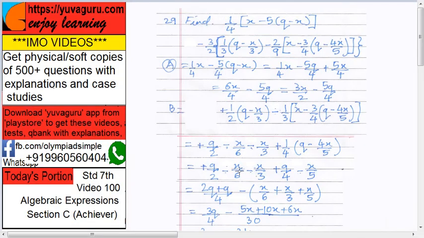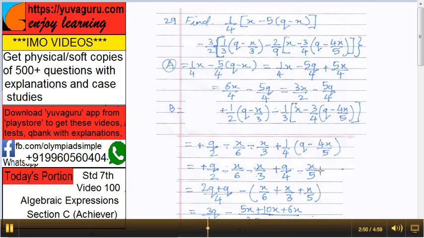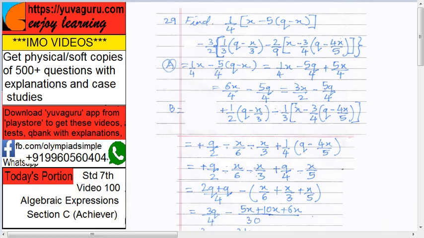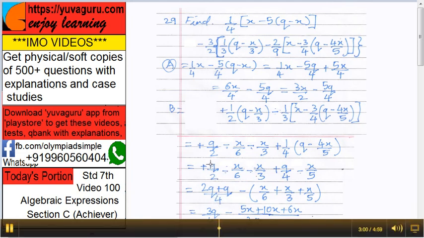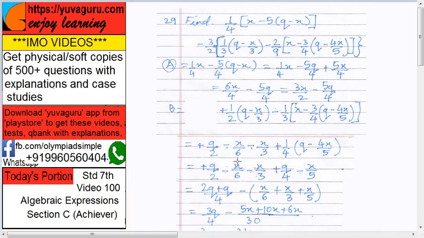Keep everything as it is over here. Then 1 upon 4 into q, that is q upon 4, plus sign outside, so no sign change. Minus 4 ones are 4, 1 times x upon 5. Now get the similar terms, whichever they are. This is 2q plus q, q same, and this LCM is 4. So 2 2s are 4, so 2q it becomes over here. 2q plus q, that is 3q upon 4. Now x.